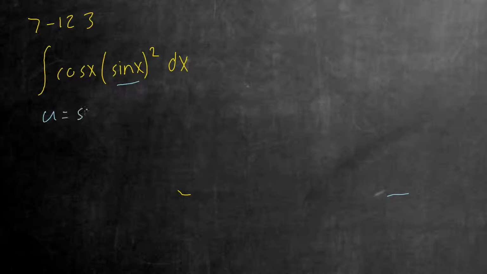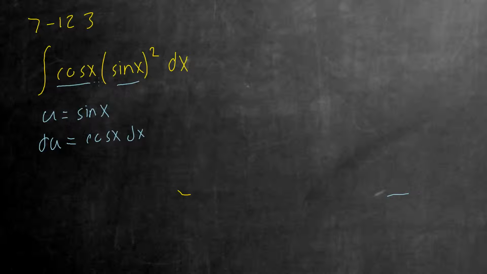Looking at some u substitution problems, 7.123. Let's go through a couple of these. The integral of cosine x times sine squared x dx. All the way inside has got to be that sine x. So if u is sine x, du is cosine x, which is convenient,